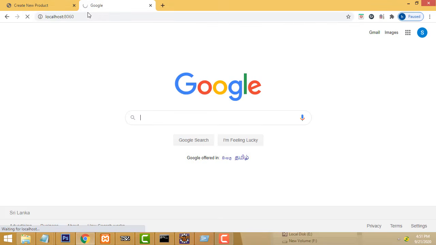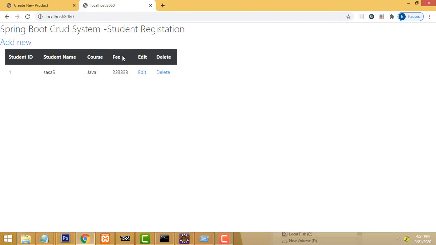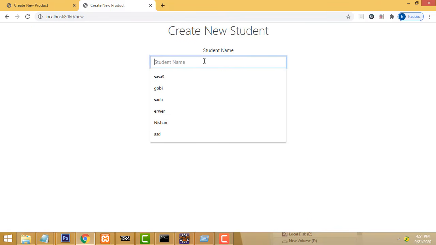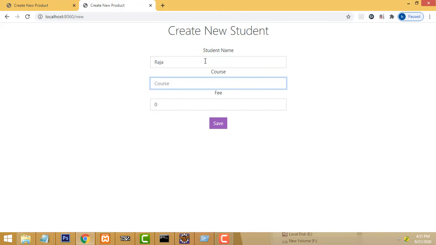Press the enter key. Now it's working successfully here. Now let's add the first one. I'm going to add a new record. Here I'm going to add a name, Raja. Course Photoshop. Fee 5000. Press the save button.